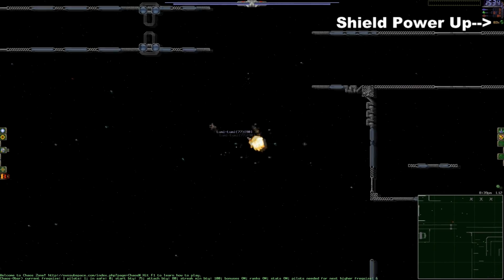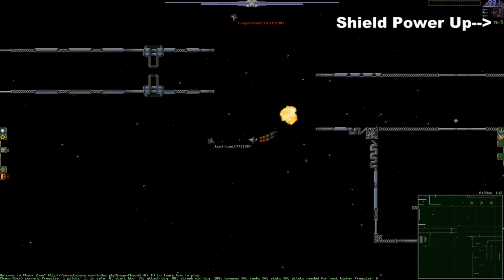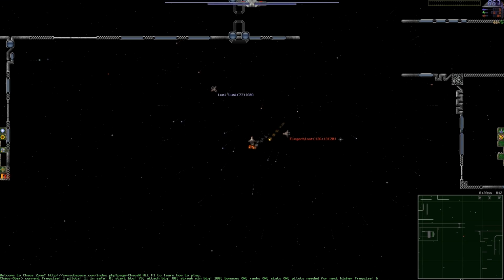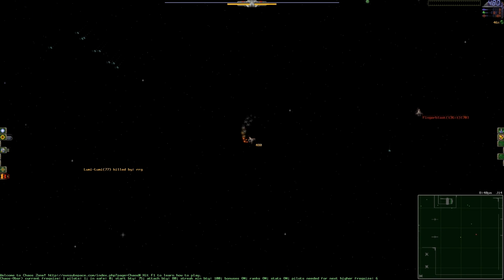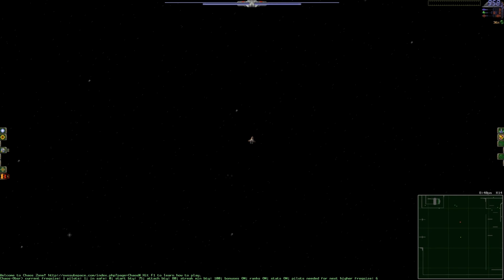I'll kill this guy because I have shields and he doesn't. And he doesn't know it. Yep, I killed him. He's like, what the fuck, right? Because he doesn't know I have shields. Basically, when you pick up these random greens...